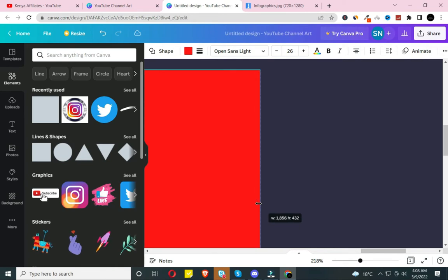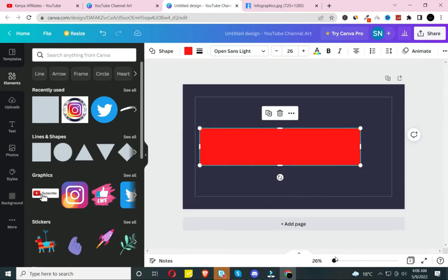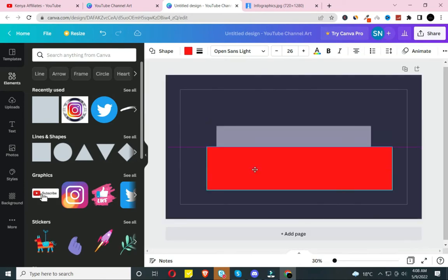Okay, let's just leave it there because 1855 should be 1855, but it's giving us 1856. So let me zoom out. Another thing we need to do is make sure that this should be 30 or 29. I want to see both of them.